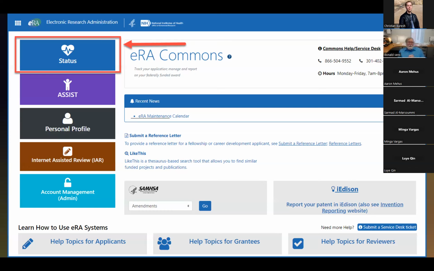ASSIST is really the system that helps you actually submit your grants. Personal Profile is sort of important, especially if you're a new or a young investigator, because it sort of keeps track of those types of things. And if you get on a study section, it's where everything to do with the review shows up. Your scoring, everything. So if you're not familiar with your Commons, get with an experienced investigator and have them just maneuver through some of their grants